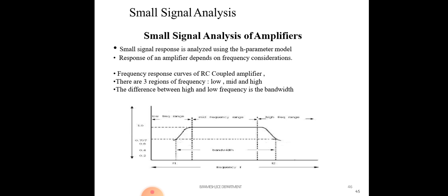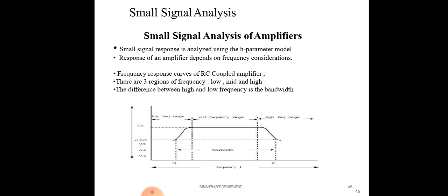When you apply low frequency, the reactance of the circuit capacitance is high, so that allows only a small signal, which gets amplified by the amplifier circuit and produces a low gain. At low frequency the amplifier produces low gain, and as we slowly increase the frequency, the gain increases at a certain point. That means after the corner frequency, the cutoff frequency, your gain starts increasing.